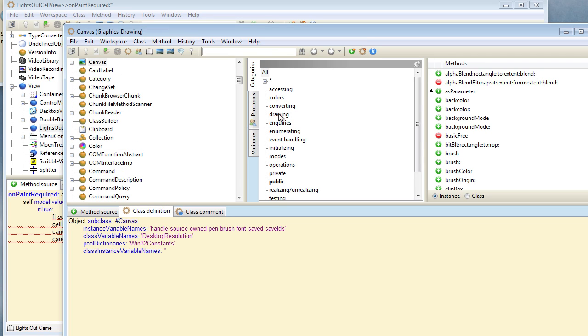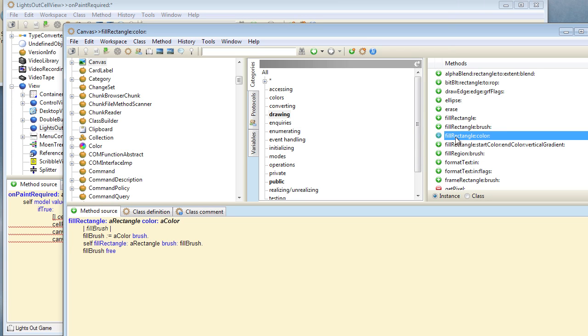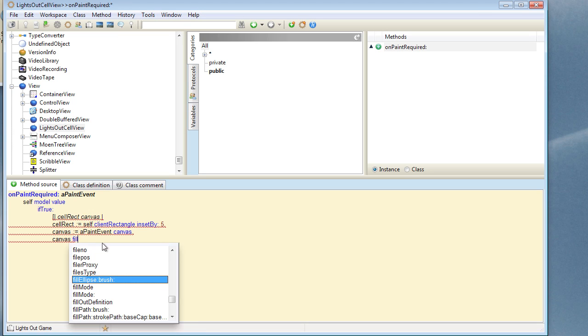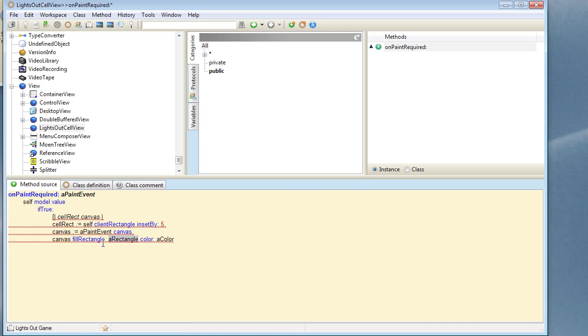If we look inside the drawing category, and we should see, yes, this will be a good one, fill rectangle with a particular color. So we'll use that method. So we go back over here and we'll say canvas fill rectangle with a color, and the rectangle we want to fill is the cell rect,